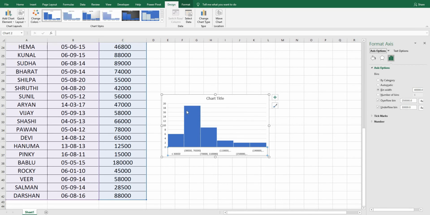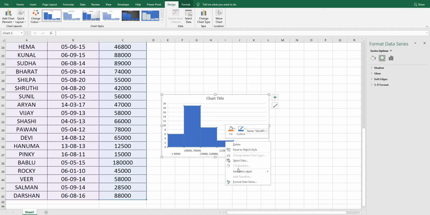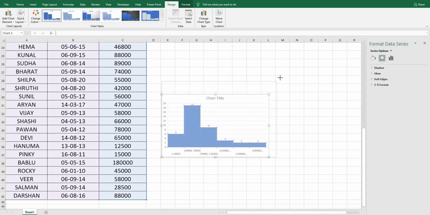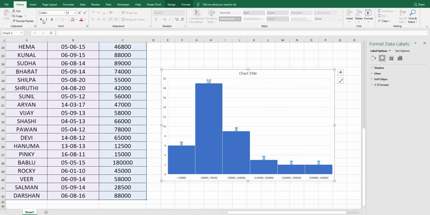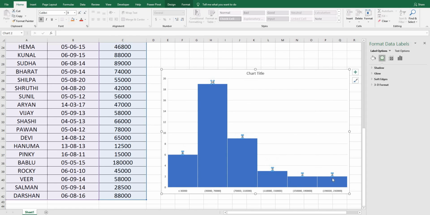All I have to do is activate the data labels. So select the series, right click with the mouse and then use Add Data Labels. Let's make them a bit bigger, and make them bold. And I'm done, and all of this is automatic.